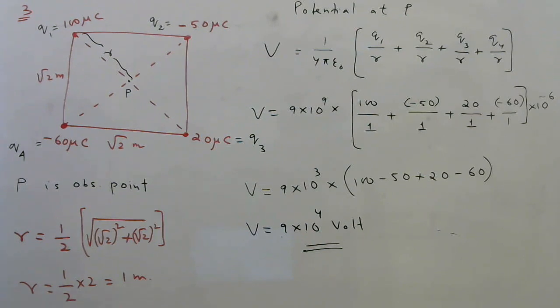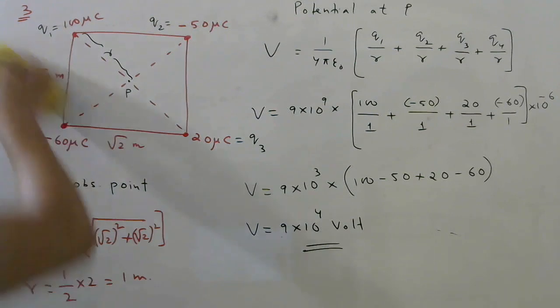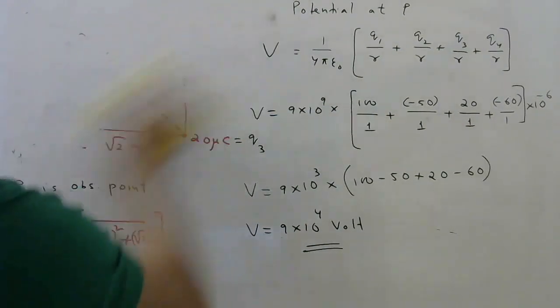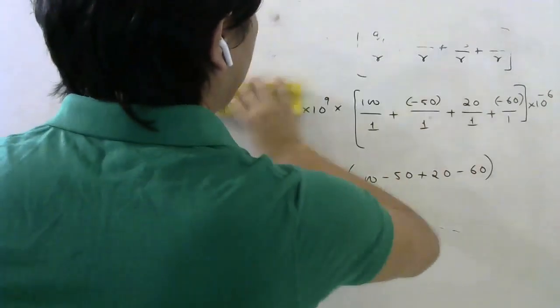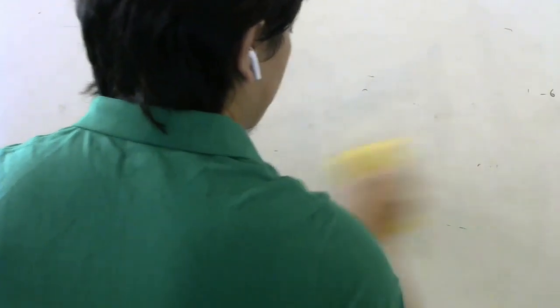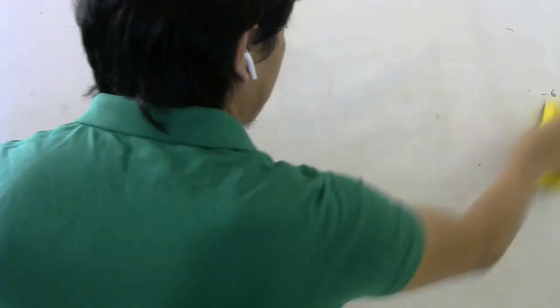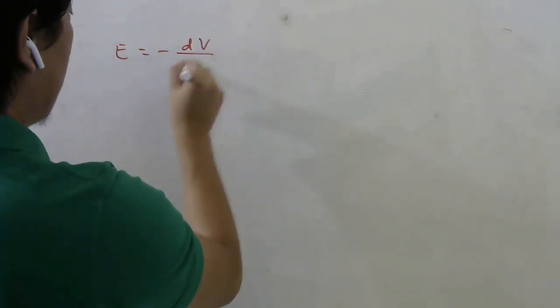Okay. Now we will continue with today's concepts. So if you remember last class, I derived a relation between electric field and potential. We did it for a simple case. And what formula was it, if you all remember? It was E equals to minus dV by dx. So this was the formula we derived. E equal to minus dV by dx.